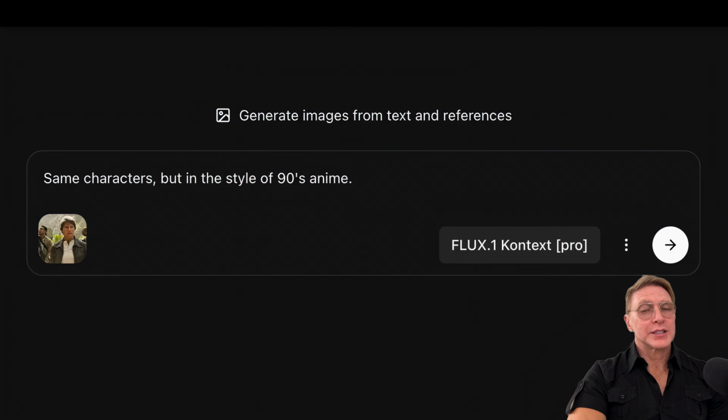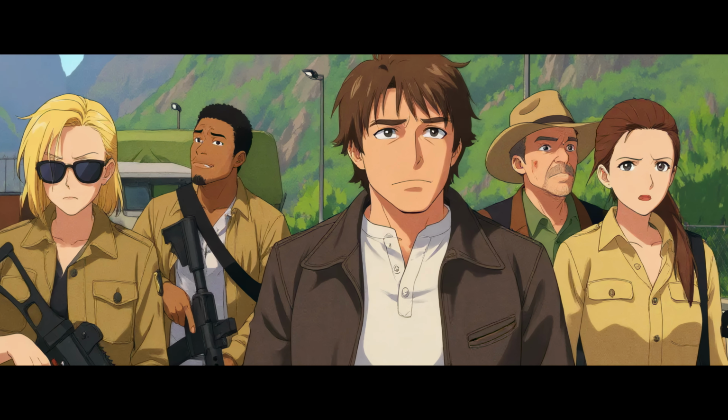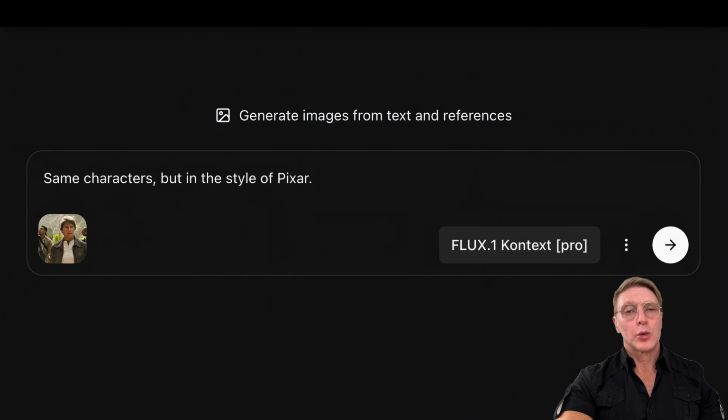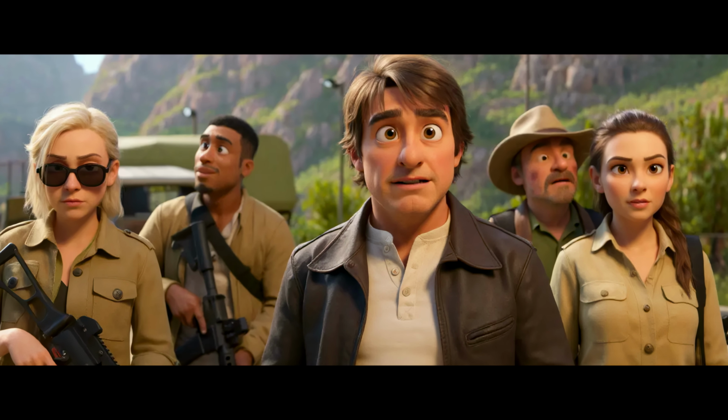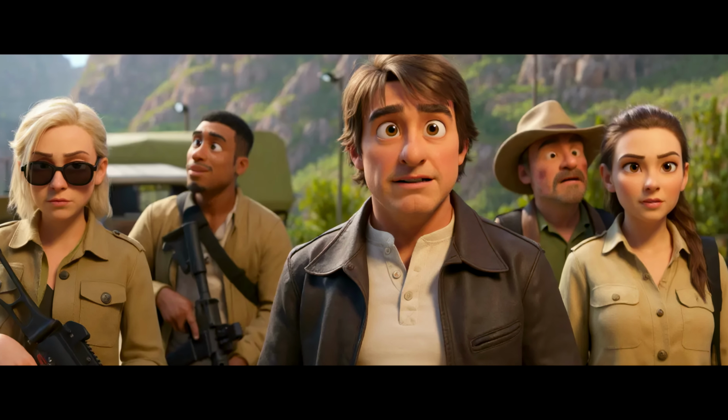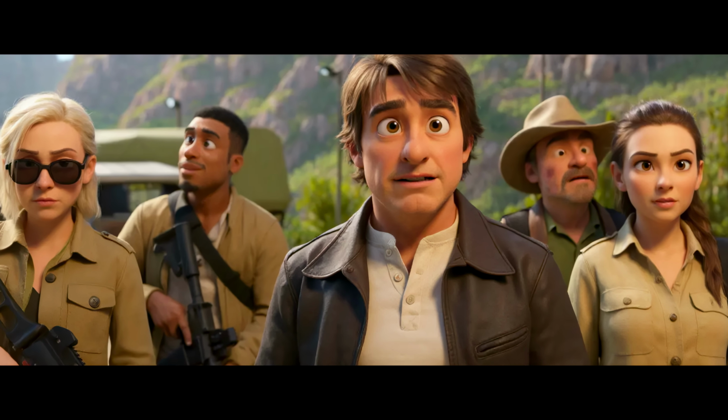Or how about 90s anime? Or one of my favorite styles, Pixar. I think this is my favorite style for Tom Cruise. If this truly is the end of the current version of Mission Impossible, I think they should start a Pixar